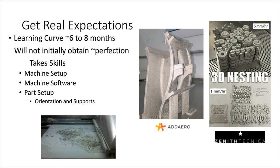As you could see, there's a lot of stuff that can go wrong with the build, so you have to know the correct setup. Machine software, there's a lot of software. Each company has their own software that they use to process these STL files and set up the support. And also part setup is very, very important. Orientation and support is kind of the key to get a really good, successful build, as you could see, especially when it comes to some of the parts that I have here, especially one on the side,